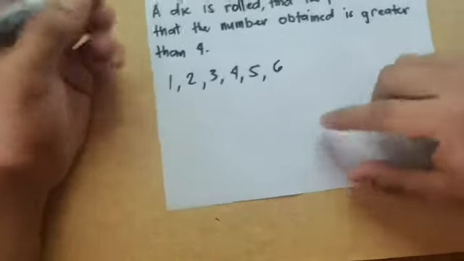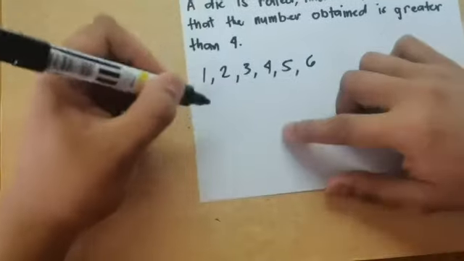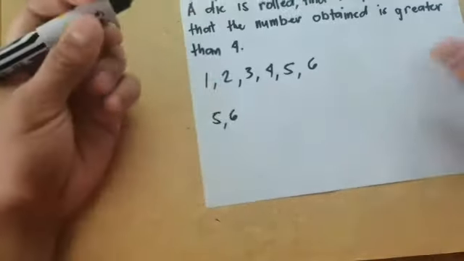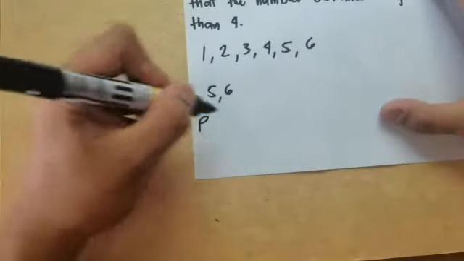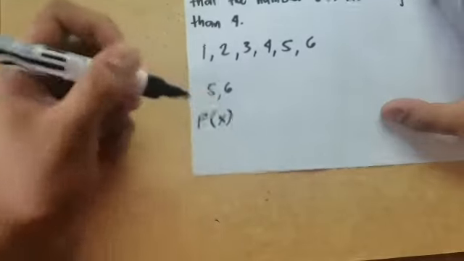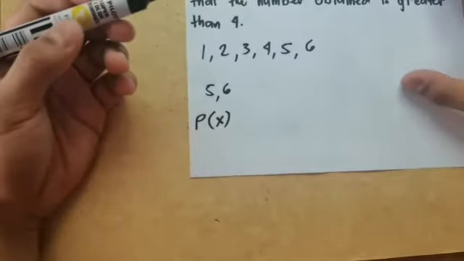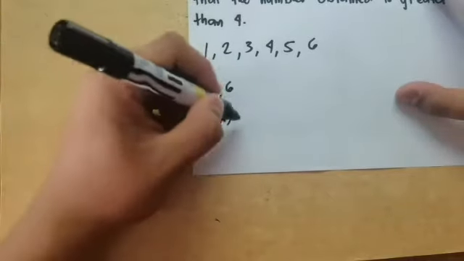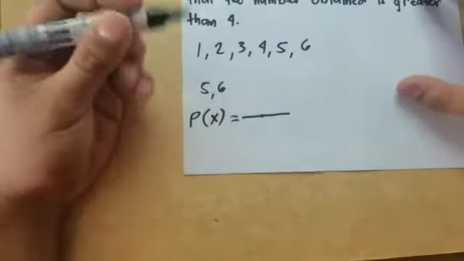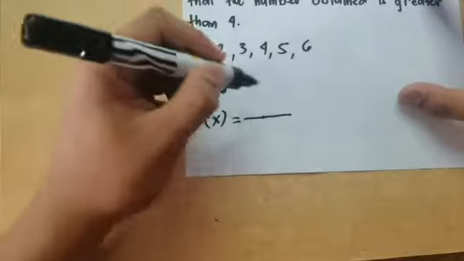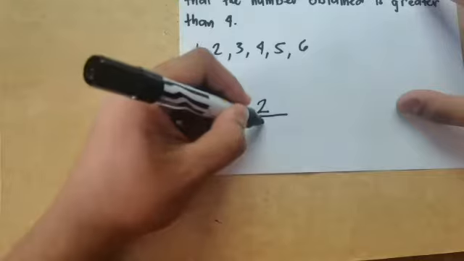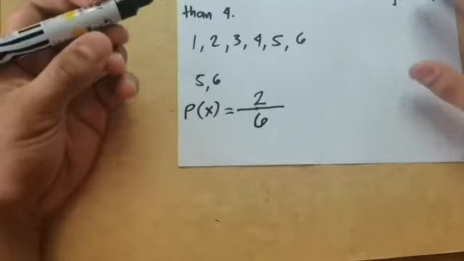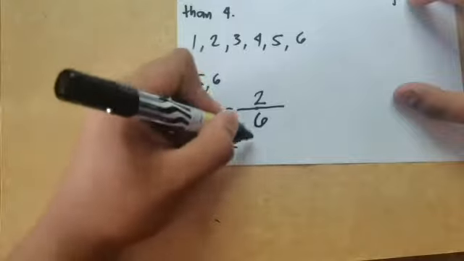So numbers 5 and 6 are the only numbers greater than 4. So that means that the probability of a number that is greater than 4, I'm just going to write it as x, is equal to the number of favorable outcomes, which is 2, over the number of faces of a die, which is 6. So this will become 1/3,